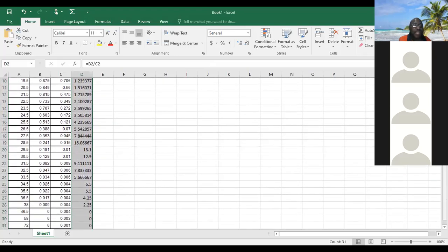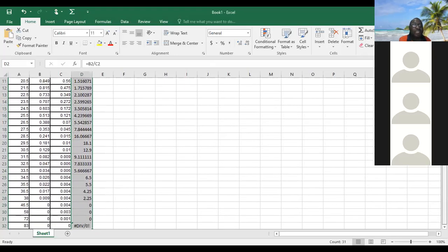So the cutoff that gives that value is the best, and the cutoff is 28.5. Can you see? 28.5 is the cutoff that gives sensitivity of 0.241 and 1 minus specificity of 0.015. Now, if you want to know the specificity, you remove the 0.015 from 1. It will give you the